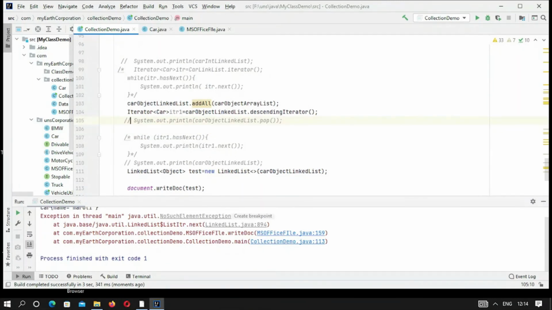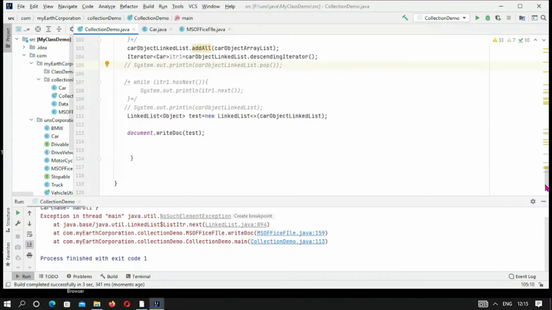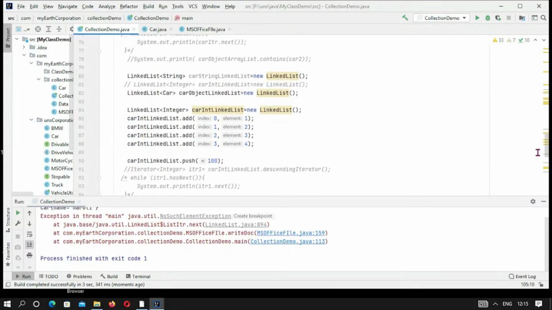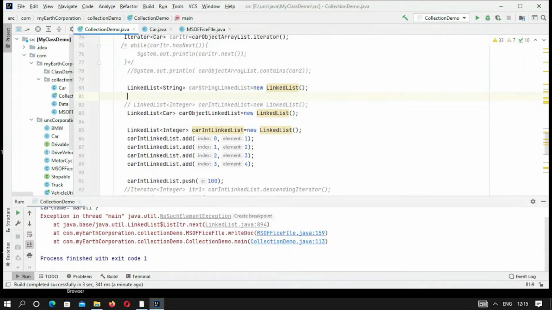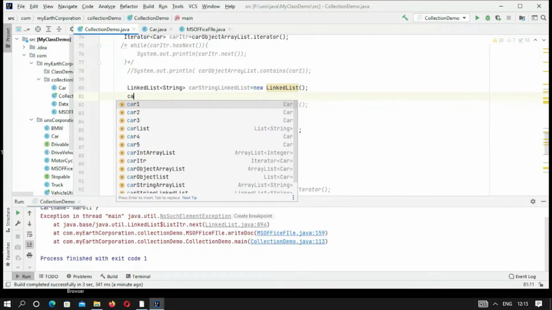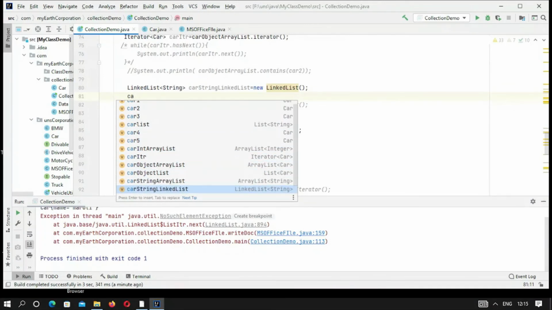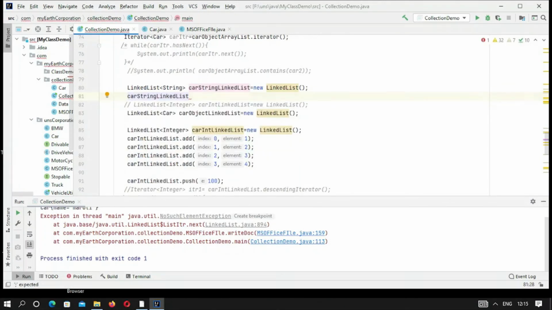Now let's discuss the Arrays class. We already have a string array. We want to convert it to a string type linked list. So this is a car string linked list we have, and already we have an array. So car string linked list, this is, and this can be done by